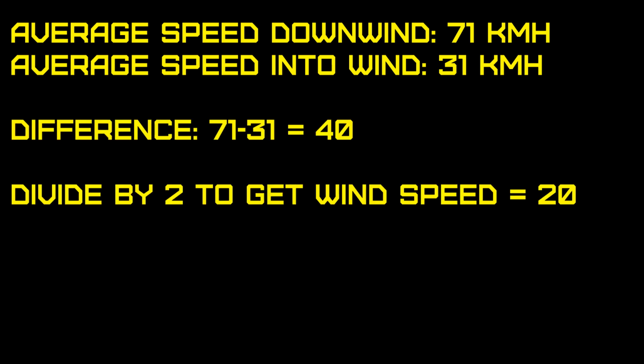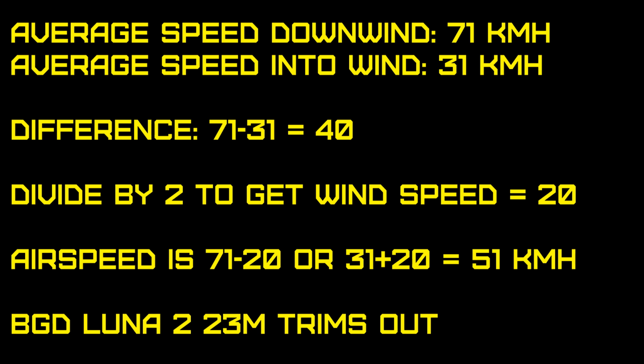If you subtract the smaller number from the larger number, that gives you effectively double the wind speed. So divide it by 2 to give you the wind speed. Then once you've got your wind speed and your average speed, you either subtract or add the wind speed to your recorded speeds. Both of those numbers should come out the same. So in the example here, with 71 and 31, the wind speed acting on that was 20, which means that my airspeed in still air would have been 51 kilometers an hour, and that's on my Lunar 2 23 meter